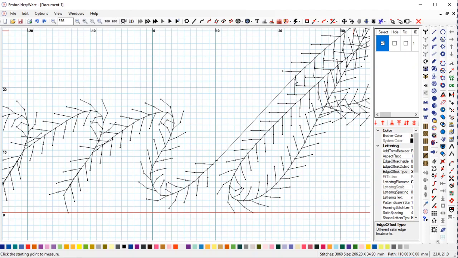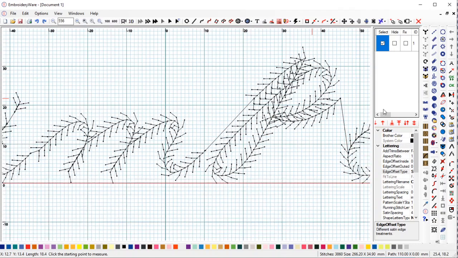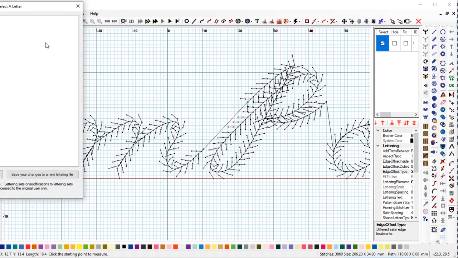So I know that the lettering set starts here, and stops here. So you can see I have a Y of 14. Maybe I can turn the snap off because that might not be accurate. We'll do this, and our Y is 18.4. So what we're going to do is we're going to go edit the letter P, and choose P,